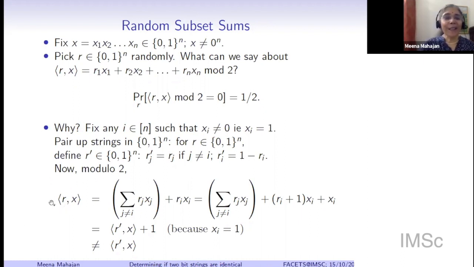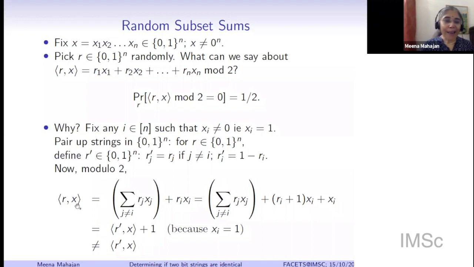And now if you look at this inner product Rx, modulo 2. Rx I can write as the summation of Rj Xj, j not equal to i, plus the contribution from Xi. And now I add two more dead terms to this. I have Ri Xi, and I have added Xi and Xi. If I add Xi twice, the answer does not change mod 2, right? Because I'm adding either 0 or I'm adding 2. So mod 2, this is still an equality. And now this Ri plus 1 is exactly the same as Ri prime mod 2. So up to here, this much part is R prime X. And this last Xi is 1. So I've got R prime X plus 1.